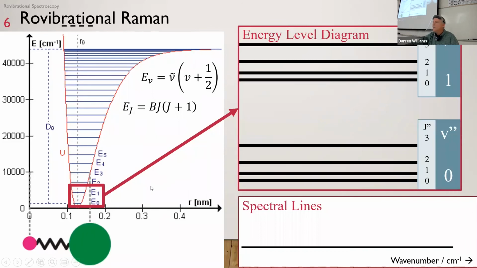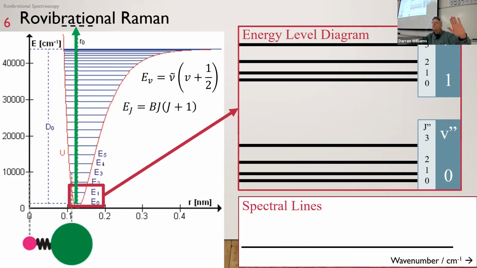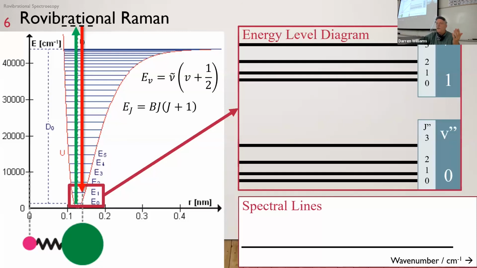So we still have the fundamental vibrational transition, but remember the Raman effect uses 2 photons. It's a scattering effect. We have an incident photon, so a green laser hits our sample, and then in Stokes Raman, a red shifted signal comes out. So it's inelastic scattering. The molecule has taken some of the energy away from that light. And so then we end up with these